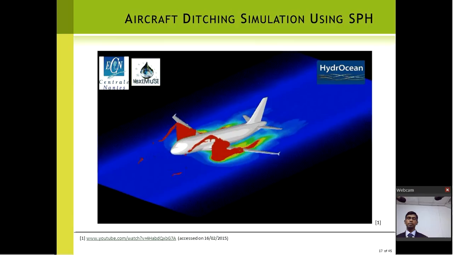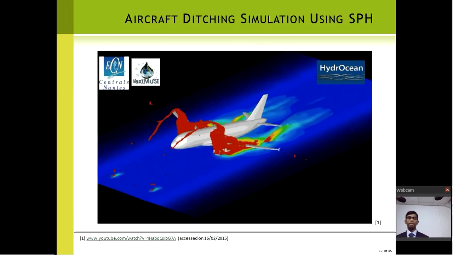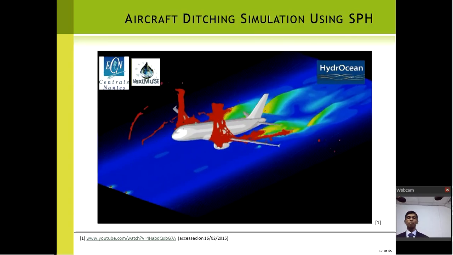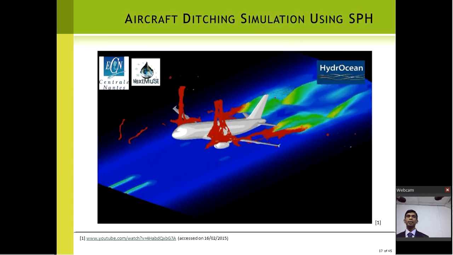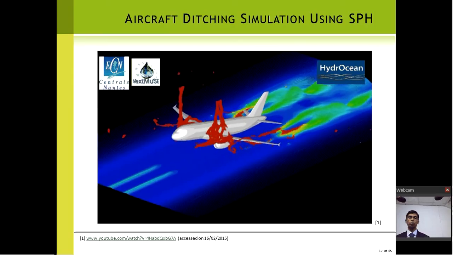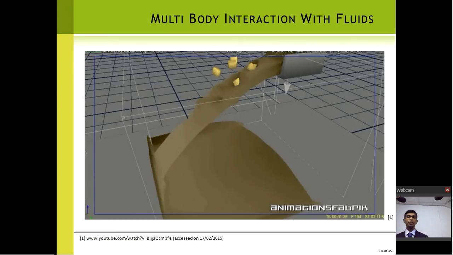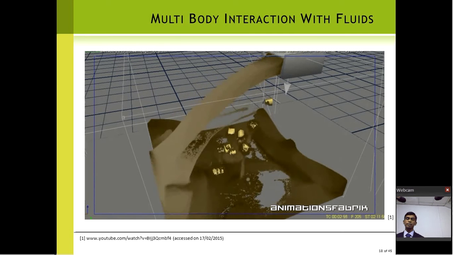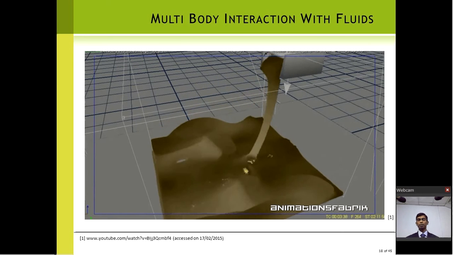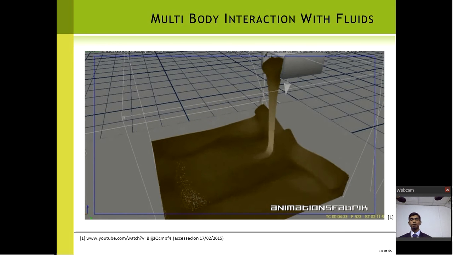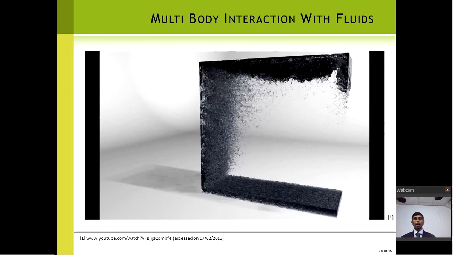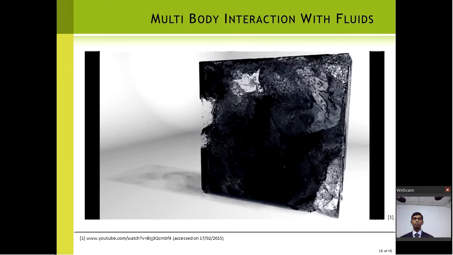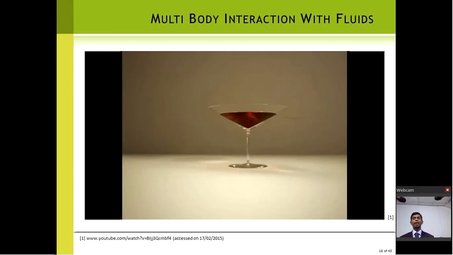And even large scale simulations, such as an aircraft in an accident, if it were to land on sea, we can predict how the fluid flow goes. So it's a multi-scale model. Huge computations are involved, and we can predict. So people have been using smooth particle hydrodynamics and some other Meshfree methods to model these kinds of setups.